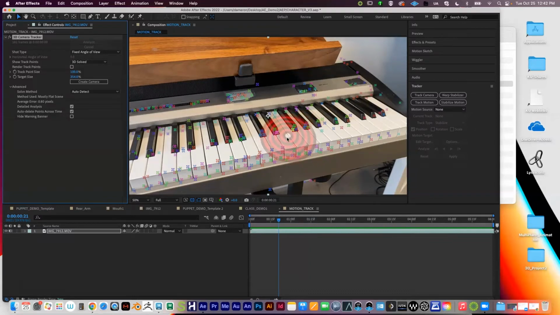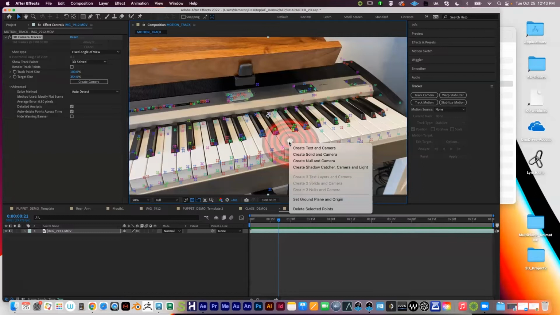Okay. And remember, we can also change this after the fact too. So this one looks good enough for me. And so here, what I'm going to do is hover my cursor over this position right here, and whenever it's doing this, it's triangulating 3 of those X's, and then it's creating a target point out of it. And so what I'm going to do now is right click on my keyboard,